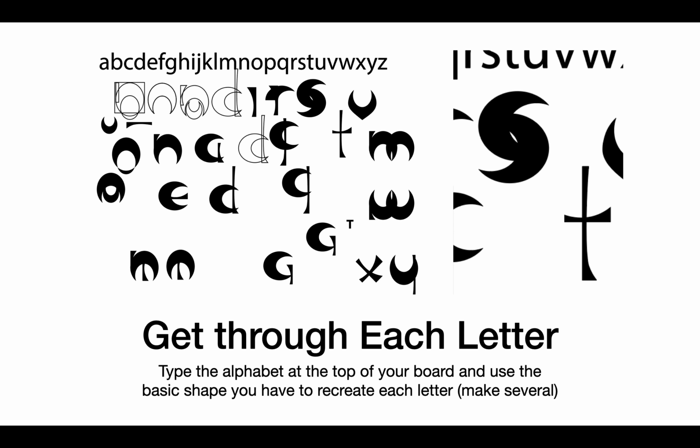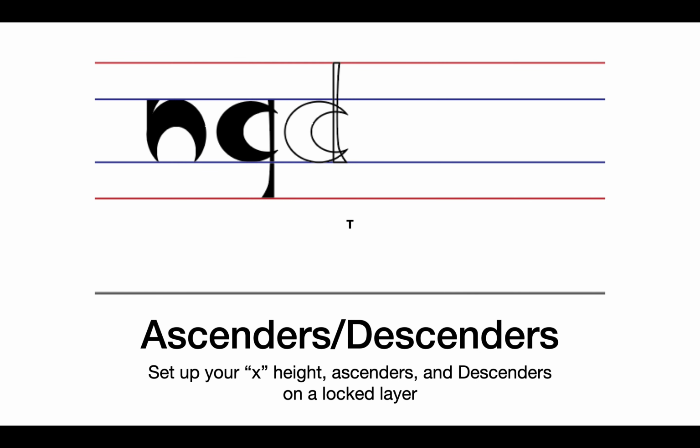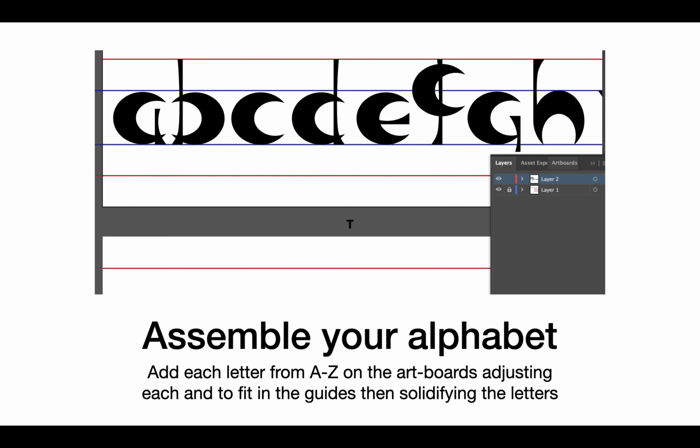And then finally, after you've got a bunch of shapes, as you can see on my left hand panel there, you're going to just go through and make one letter at a time. Just get through it. And you can see what I did here is just made the X height in blue, and I just started taking the letter N. Okay, got the letter Q. The letter Q is a lot like the letter D, only flipped upside down. And you just get through it and put it into a separate artboard